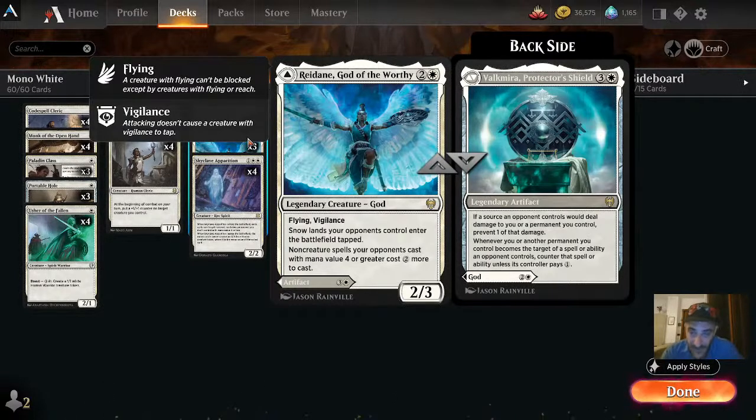Now that, in the current meta, is just so good, because everyone's playing Snowlands. We lost the Triomes, we lost the Temples. There's a lot fewer good dual lands, so especially in the colors that do not have a snarl, everybody's playing snow all of a sudden, and Reidane just shuts that down. All their lands come into play tapped, and that makes it very much slower for them to get their game plan off the ground, and gives you, the mono white weenies aggro deck, which needs to just flood the field with little tiny guys and swing in for the kill, a much better chance of getting there